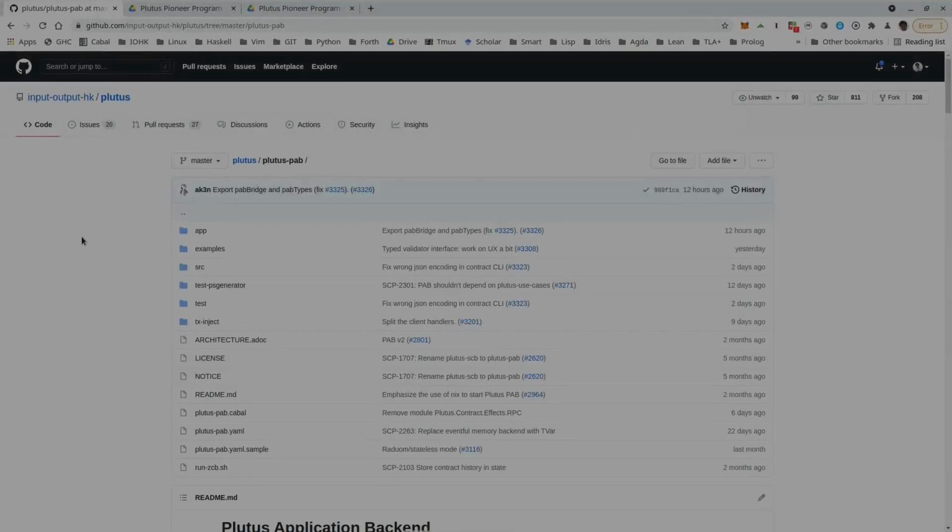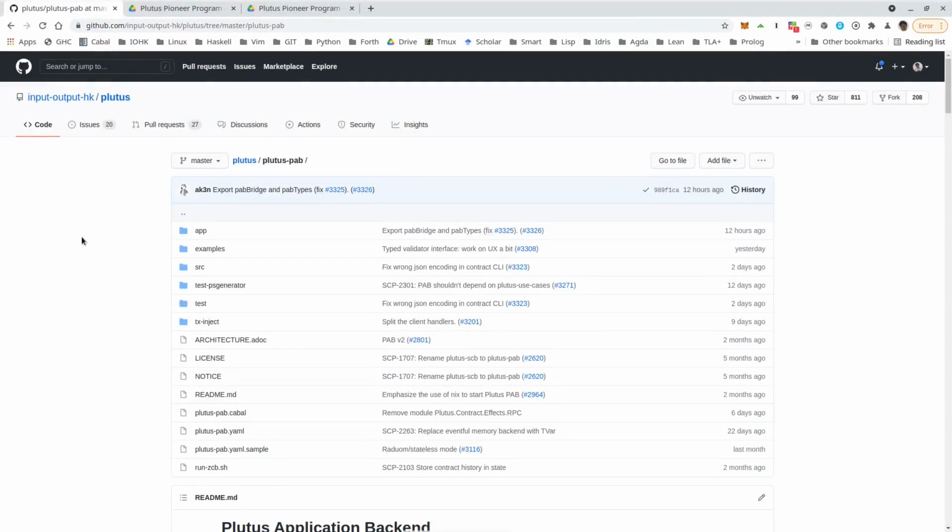There are also tests for Uniswap contained in this Plutus use cases library, but I don't want to look at them now. Let's rather look at the Plutus PAB part and how you can write a front end for Uniswap. There is actually one also contained in the Plutus repo.